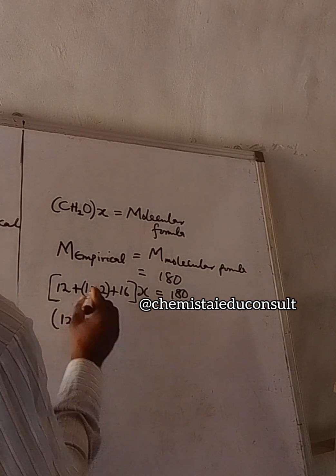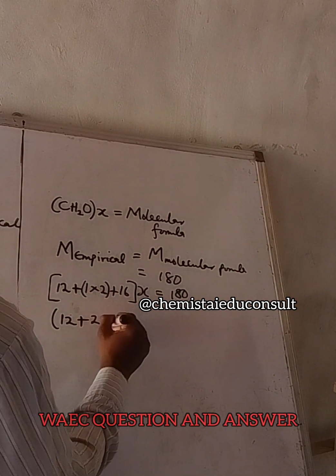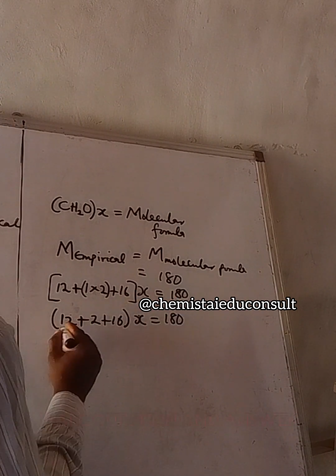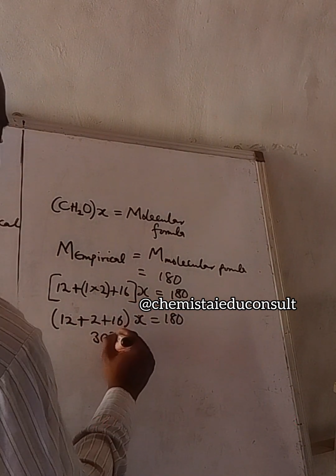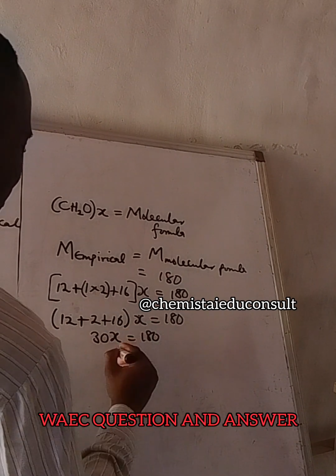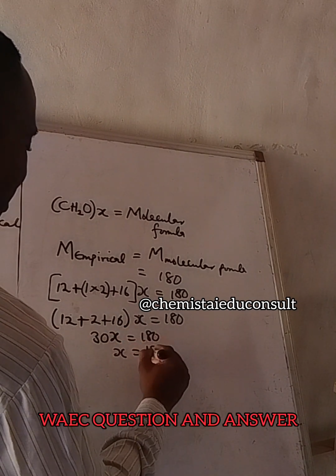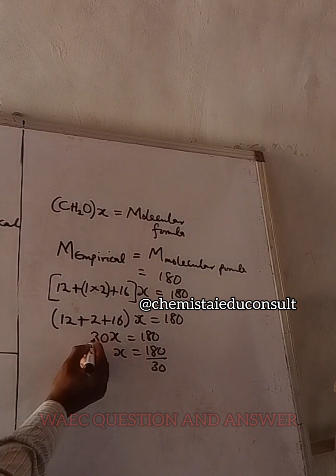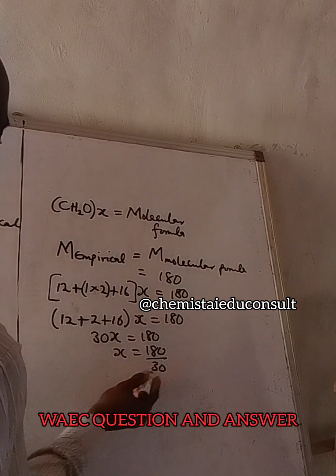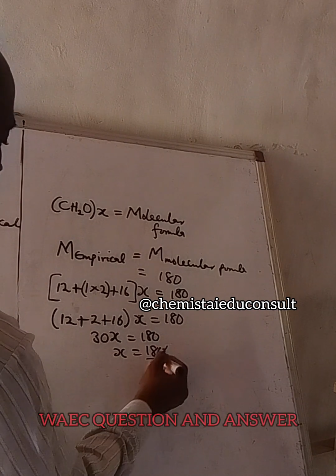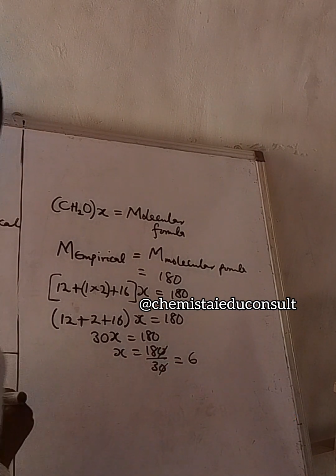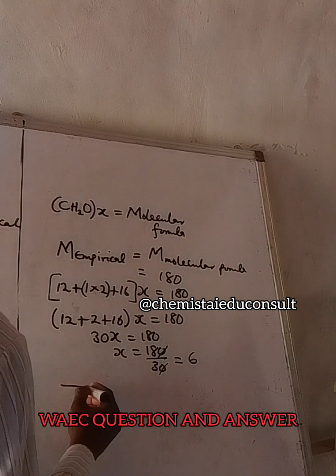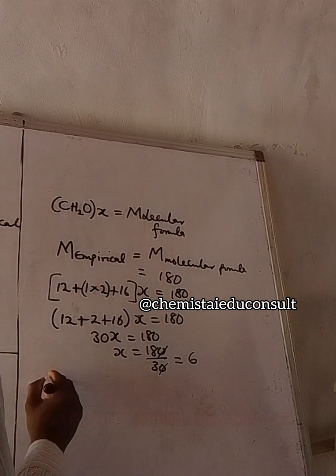So 12 plus 1 times 2, plus 16, times x will give you 180. The whole of this is 30. So 30x equals 180. 1x will be 180 divided by 30. Since it is times 30, when it crosses over the equality sign, it becomes divided by 30. When you do your calculation, you get that x is 6. Therefore, if x is 6, the molecular formula